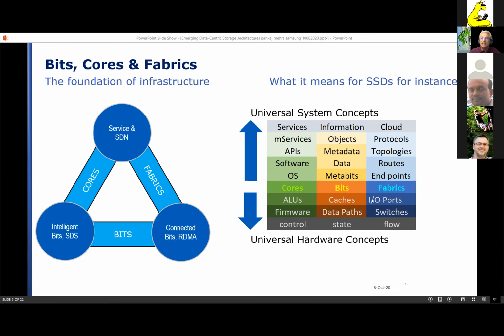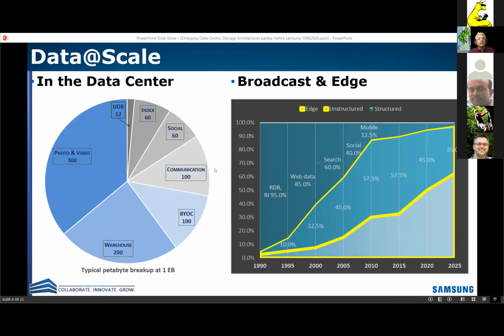Or we could take the same cards that we are dealt and think about them at a higher abstraction that marries with things like databases, like the Skyhook team is trying to do. And we get wonderful things like services, information, and the cloud. So people like us who are working on smart SSD or intelligent storage actually think in this new way about SSDs. Okay? So, the motivations for some of this work are quite clear in the data centers.